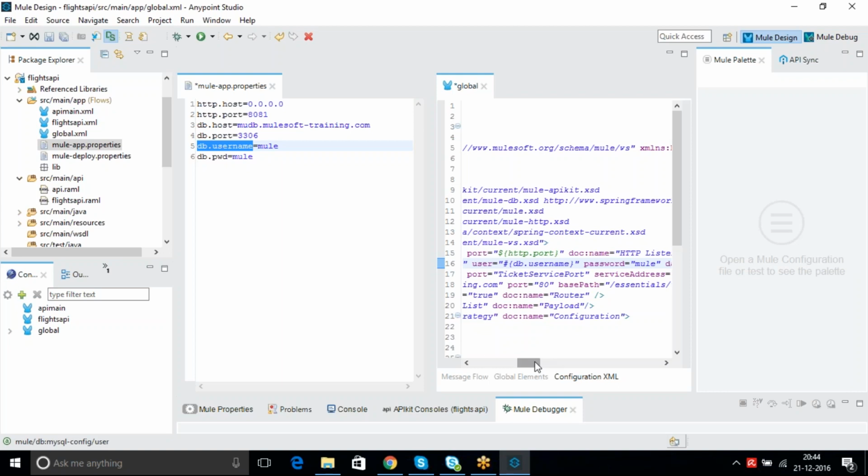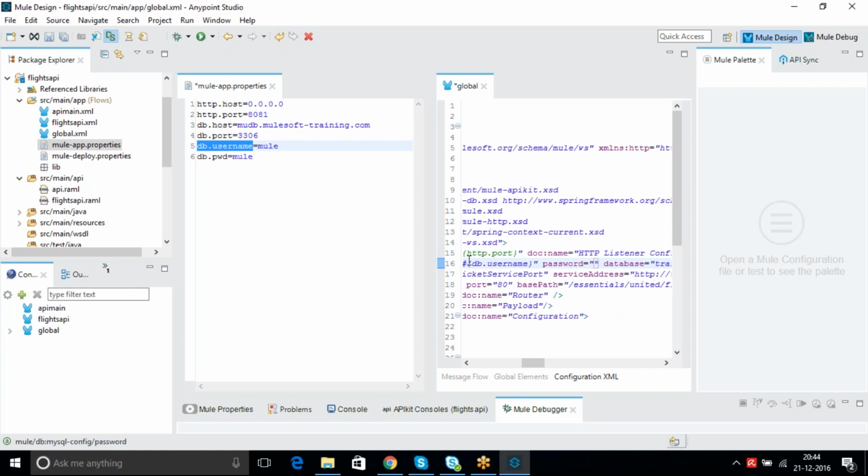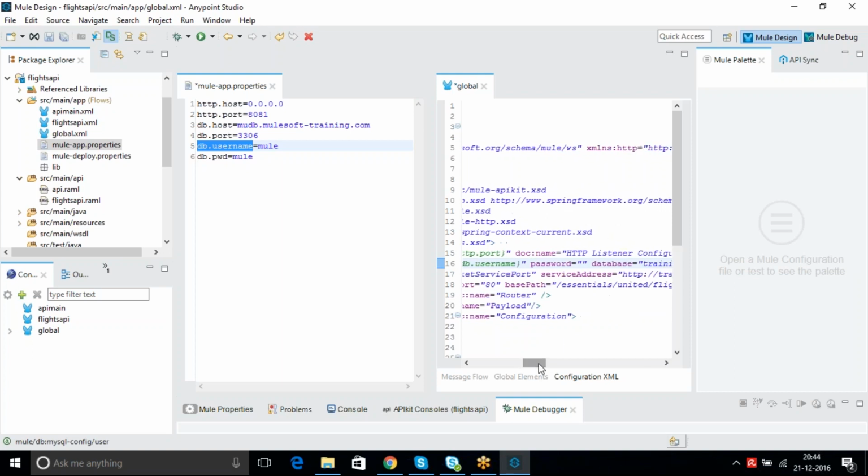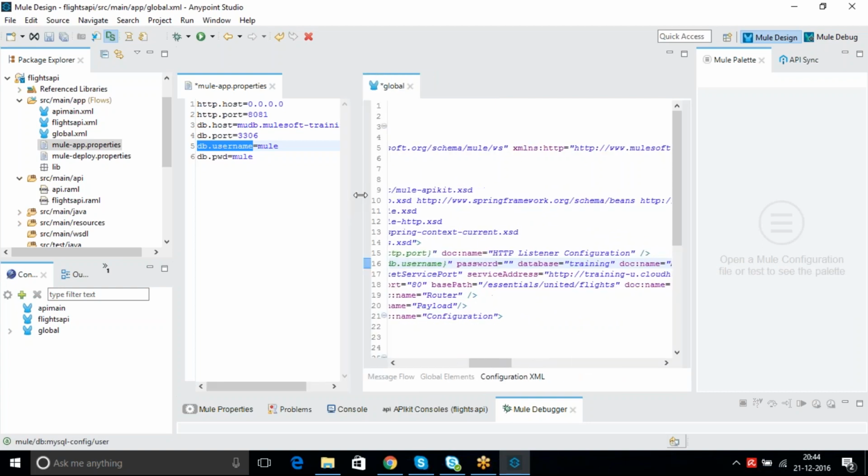When you're doing this change, be careful. If you do a little mistake also, it will not work, right? It should be dollar. db dot pwd, right? And database name also we can change, right?